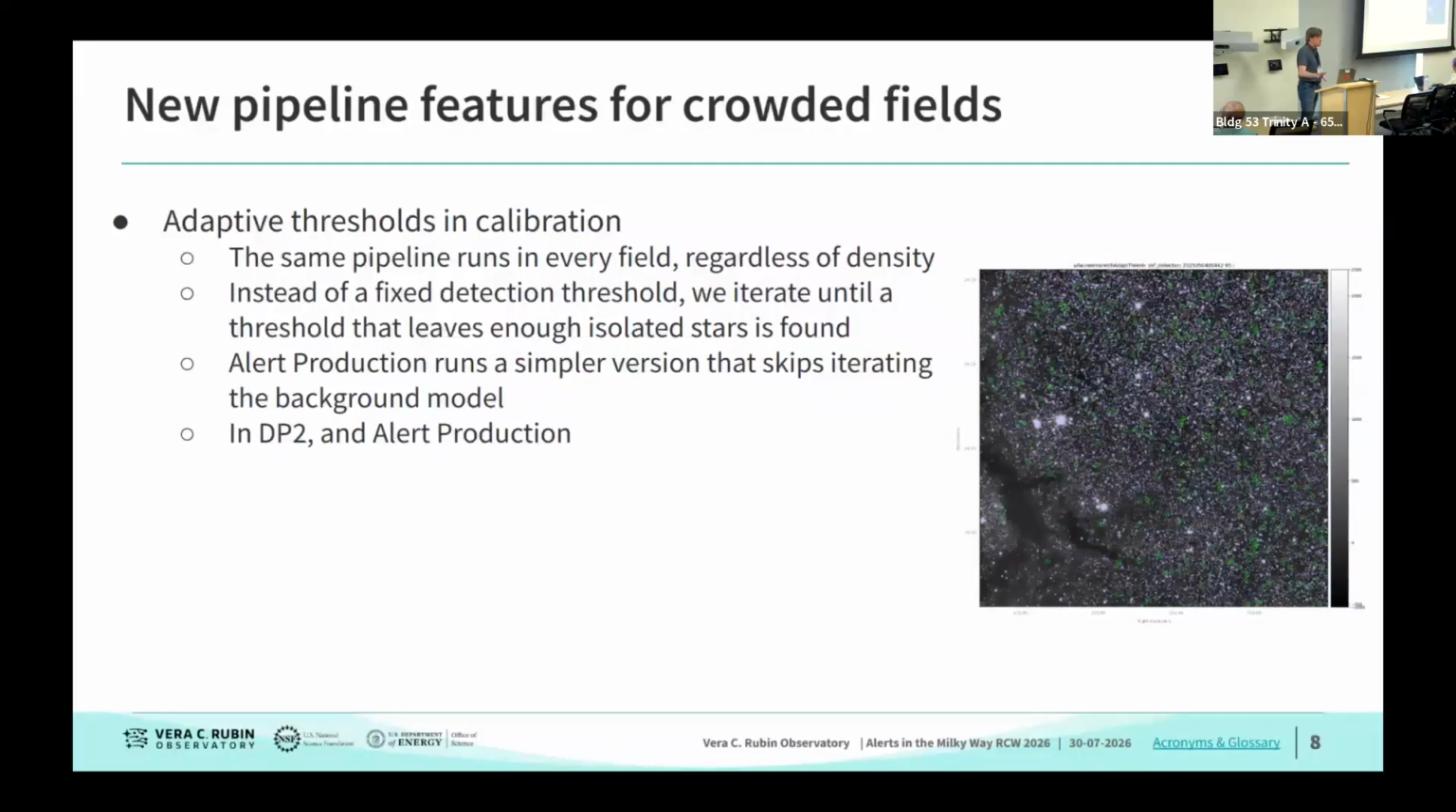The first one I'm going to tell you about, this work is all attributed to Lauren MacArthur, who is not here in person, but she has done great work in making it so that the crowded fields pass calibration, and we're able to get to the point of making measurements and making coadds in these regions. That work is on